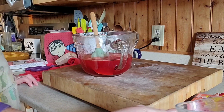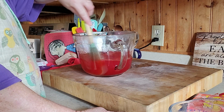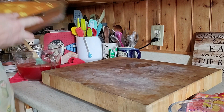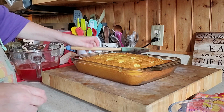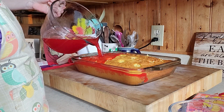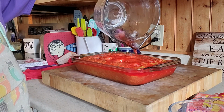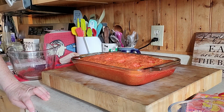And a half. I'm hoping it's going to look pink in the cake. Okay. Let's pour this in the cake. Okay, there we go. I think it will work. I think it's going to look pink. Okay, I'm going to go make this